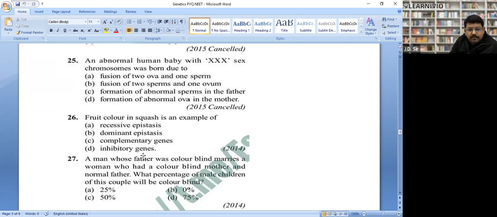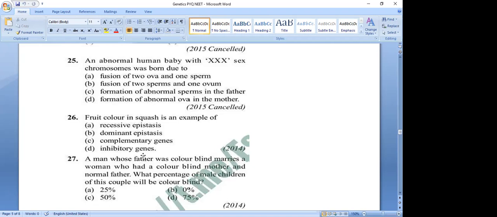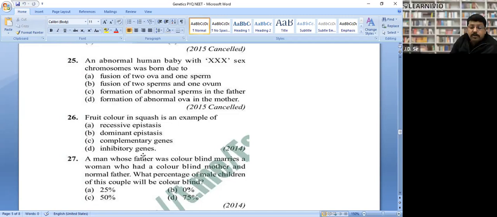One more thing. Why is B not the answer? B cannot be an answer. Actually, when one sperm fuses, you must have studied in the reproduction part, depolarization of the membrane of the ovum takes place. And it does not allow another sperm to penetrate or fuse with it, right? Yes. So B will not be the answer. We have to correlate it with the reproduction chapter as well, right?